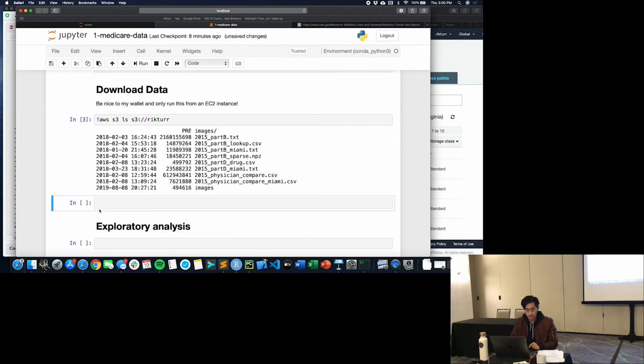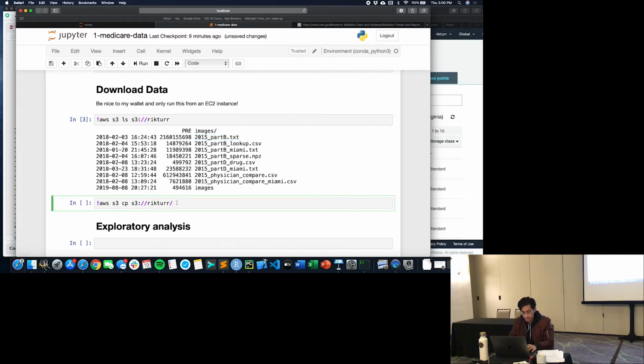Okay, so what I want, though, is that's just showing me what's available on S3, and that's available all the time, whether or not my machine is on or off. What I want to do is download it from S3 onto my EC2 instance. To do that, it's aws s3 cp. I can give it my URL, and I just want this one file. So I know it's called